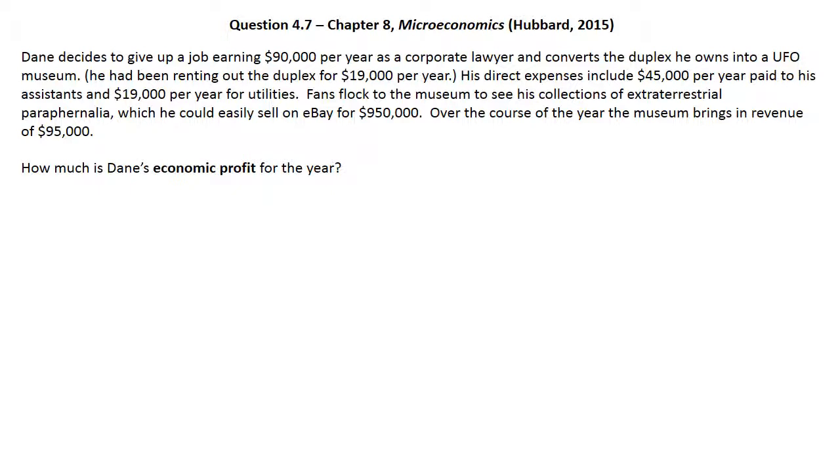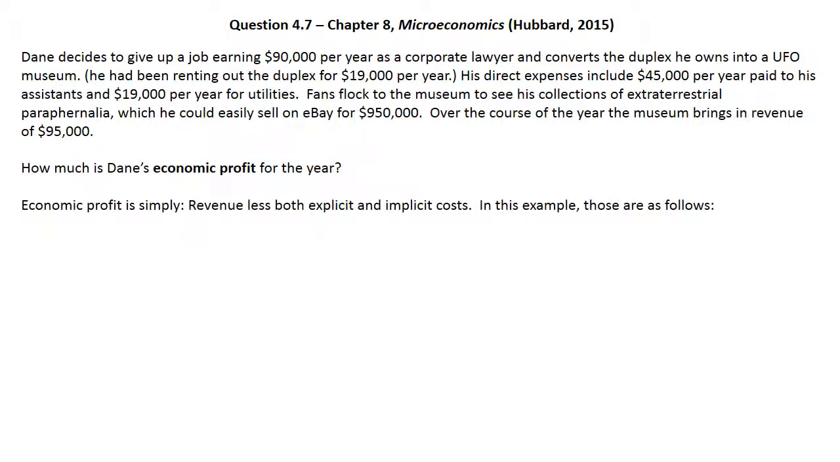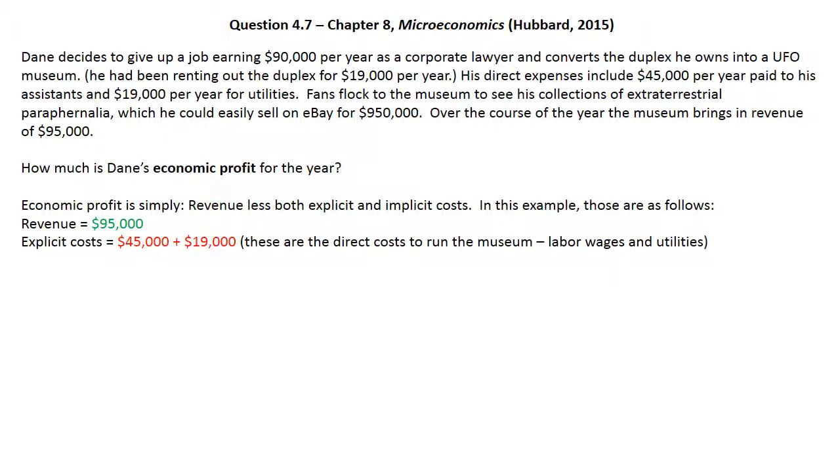So first we have to define economic profit. Economic profit is simply revenue less both explicit and implicit costs. In this example, those are as follows. Revenue is $95,000. This is the money that Dane makes on entrance fees to his museum. Explicit costs are the direct costs that Dane has to run his museum. This would be the wages paid to his assistants and the utilities he pays to run the museum, which are